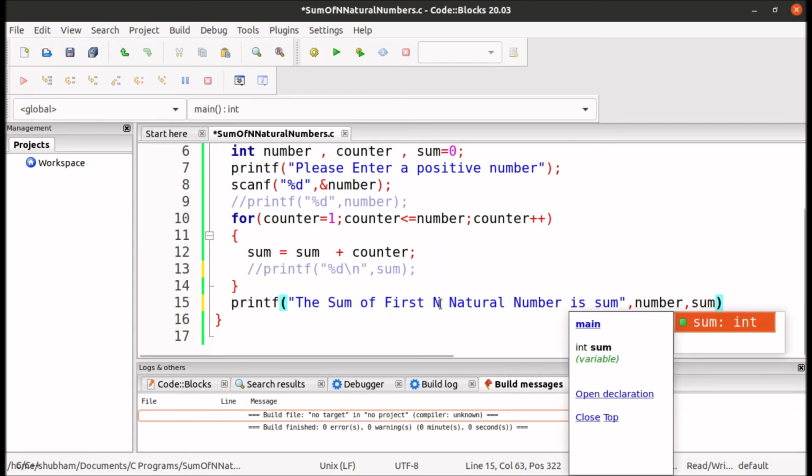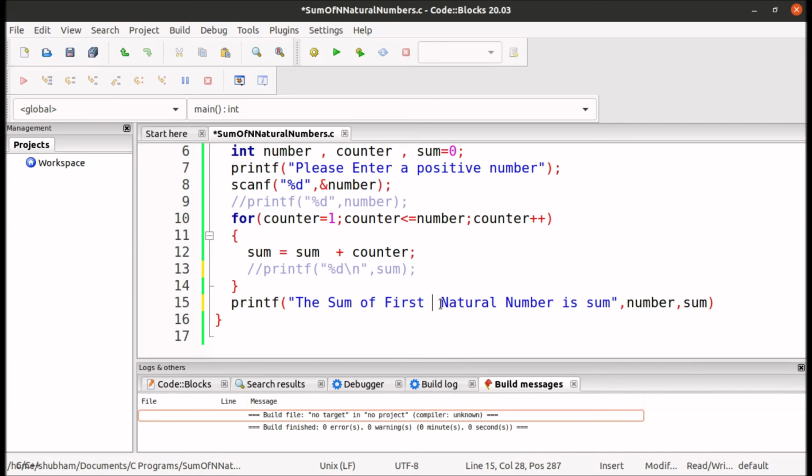So we will replace the value n by %d, so that this variable number can take place of %d here, and the value of sum can take the place of %d here. And don't forget to write the semicolon at the end of each line,